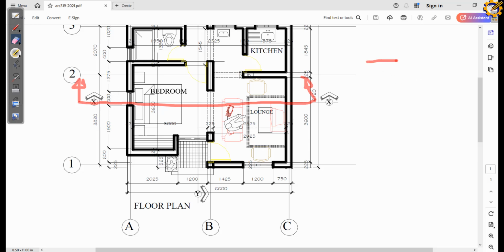It is 600. So 600, and for the height of our window we are using 1,200. So 600 by 1,200 is what we are using in that area. And if that is the case, on our sectional view we will only be seeing the height of our window, we can't see the width. We can only see the width of our window on the building plan, while on the elevation we can see the width and the height, but on our section we can only see the height. So I'm going to showcase my window on this particular area here,